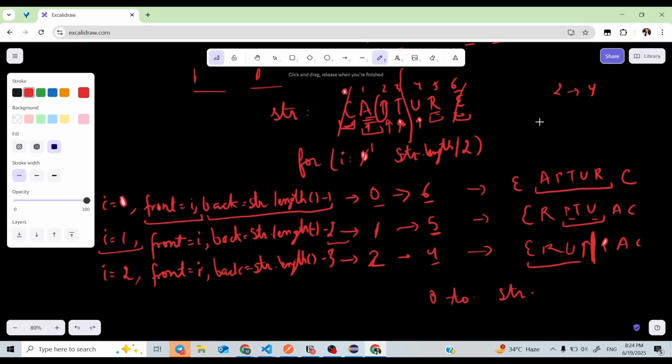So how can I write my back dynamically? That means instead of writing 1, 2, 3, what can I write in their place? You can see that at i equal to 0, what can I write in the place of this 1, 2 and 3? These 1, 2 and 3 are static values.